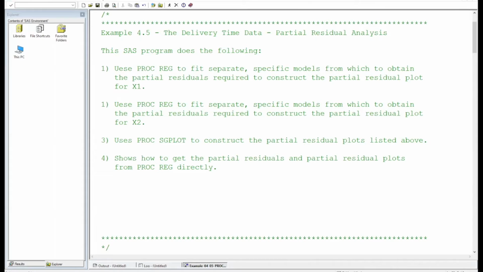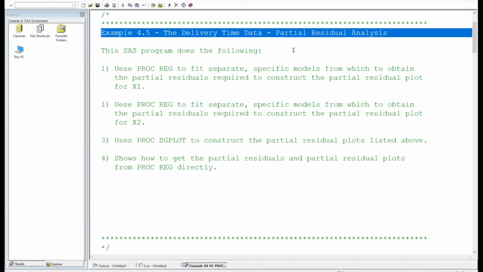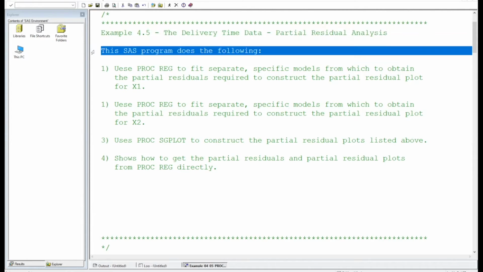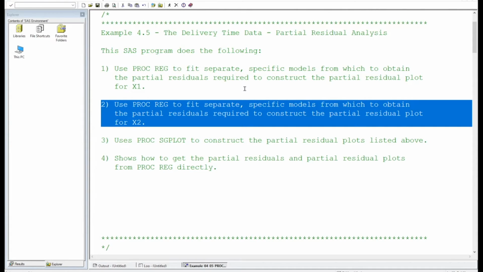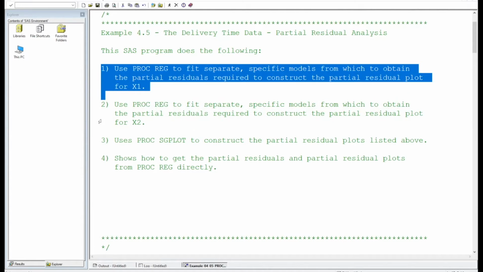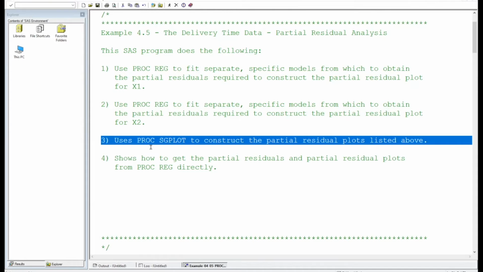Okay, so next we're going to look at SAS, and we're going to do example 4.5 in the textbook. Again, this is the delivery time data set, and we're going to be doing a partial residual analysis. And we're going to be focusing in this lecture video on using PROC REG to do this. And so this SAS program does the following things. First, we're going to use PROC REG to fit separate specific models from which to obtain the partial residuals required for constructing the partial residual plot for the variable x1. And then similarly, we're going to use PROC REG to fit separate specific models from which to obtain the partial residuals required to construct the partial residual plot for x2. And then once we have those two sets of residuals, we're going to use PROC SGPLOT to construct the partial residual plots